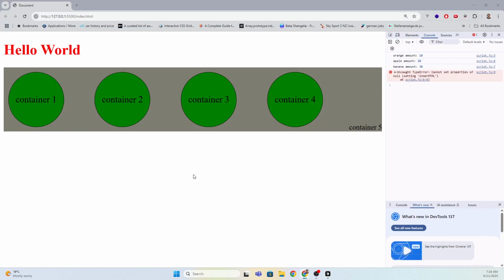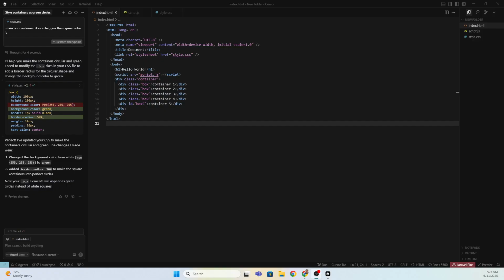Okay, let's see what happens. Okay, right now it's container 5, right? Yeah, it's container 5, and why is it happening? Okay, so now we've got to find out why